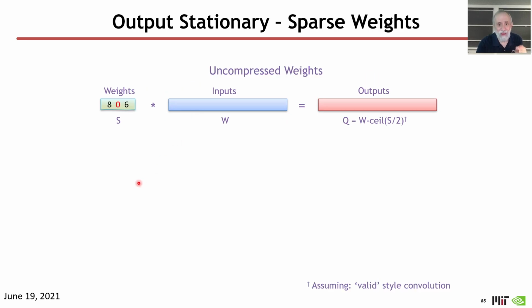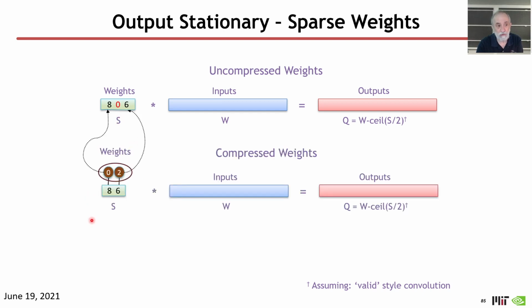Now, if the weights are sparse, we'd like to be able to take advantage of the fact that some of the weights are 0, and we'd like to not spend time or computation energy on those 0 weights, because we know that a multiplication by 0 is going to be a 0 result, and adding 0 to something doesn't change its value. And so here I've given an example of a set of weights where the middle weight is 0,